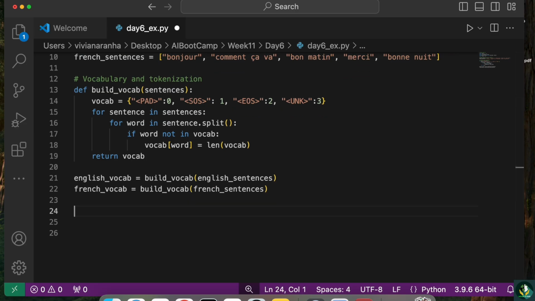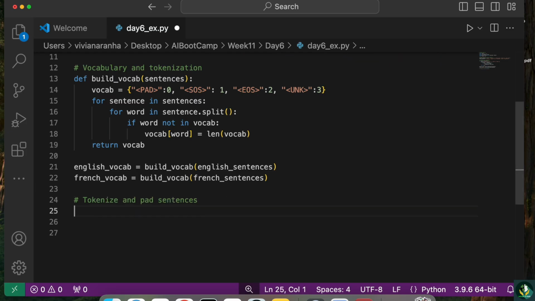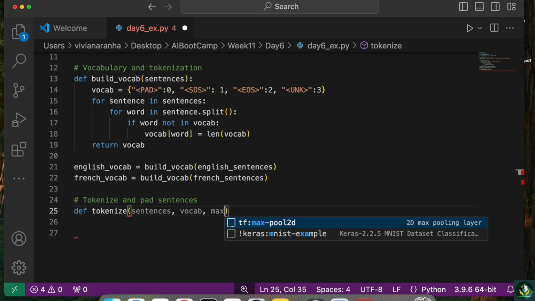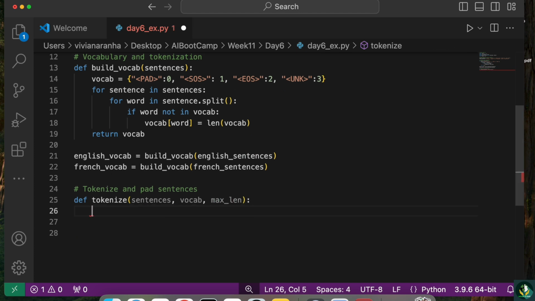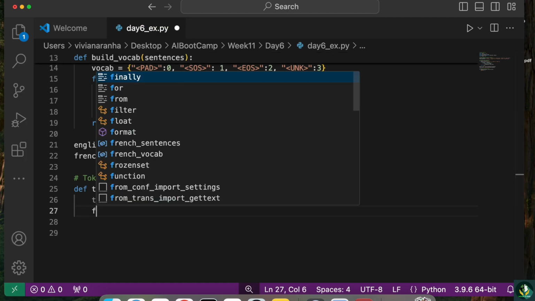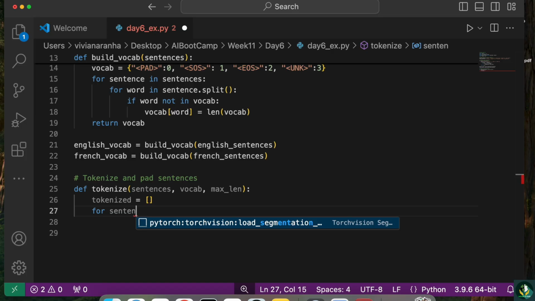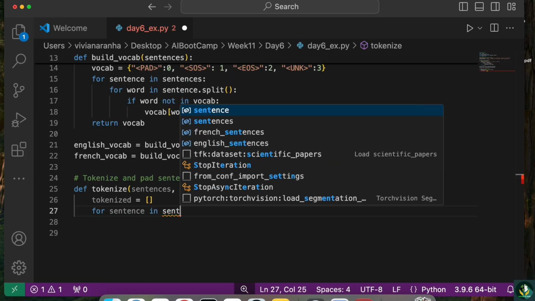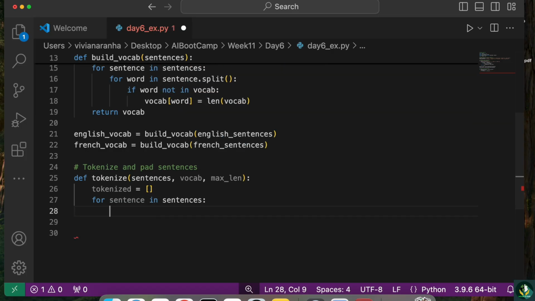So now let's go ahead, and next I want to tokenize and pad the sentences. To do that, I'm going to create a function called tokenize, and to that I will get my sentences, I will get my vocab, and I will get what is the max length that I want to use here as inputs. Now first I'm going to say tokenized equal to an empty list. So I'm going to initialize with an empty list, and then I'm going to say for sentence in sentences, I'm going to run through each and every sentence, and I'm going to say token equal to